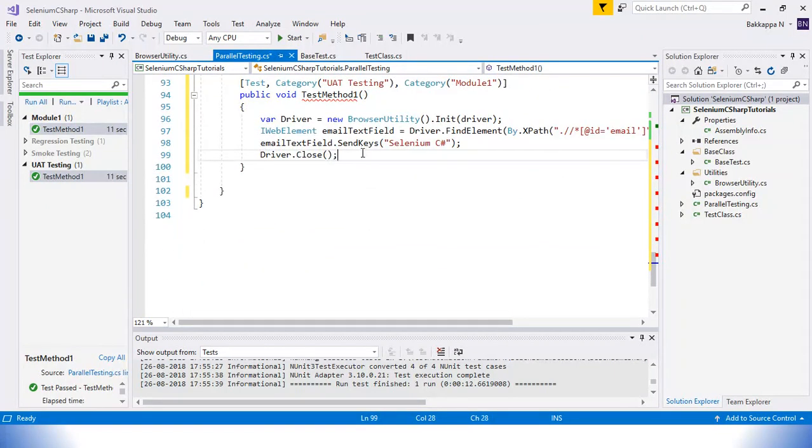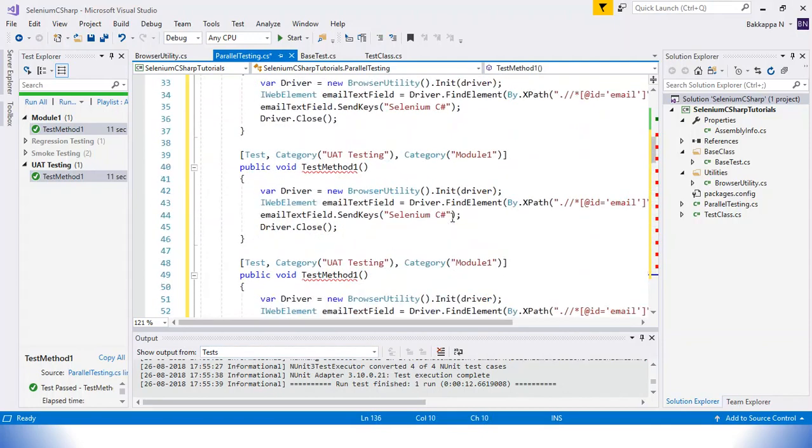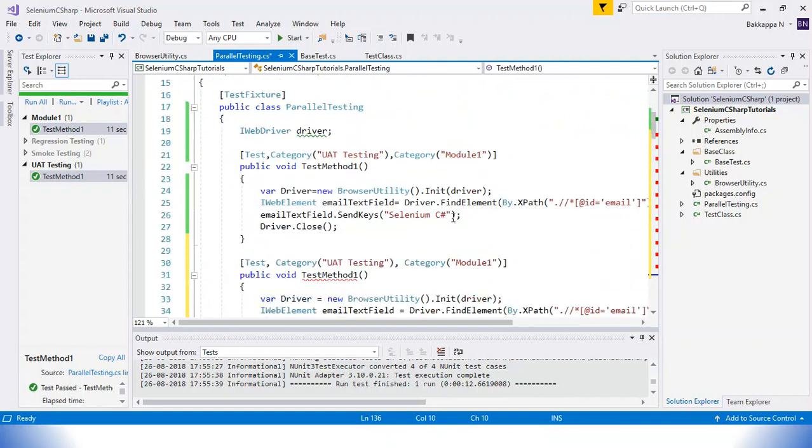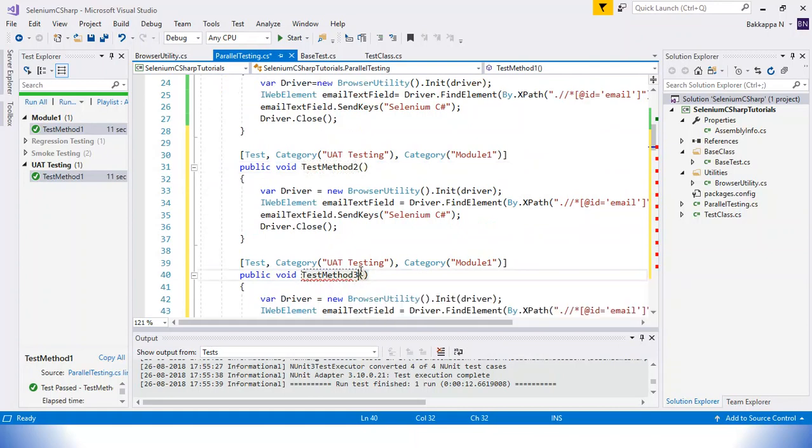Here I'm going to create the same test method, I mean the same functionality, as 10 test methods. So here I'm just renaming the test method names: test method 2, test method 3,